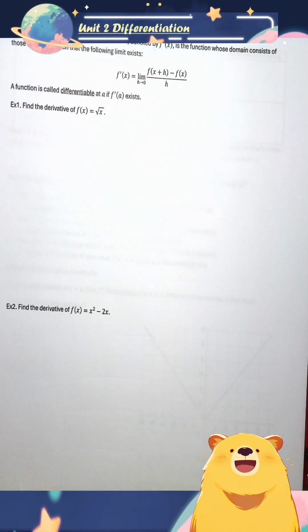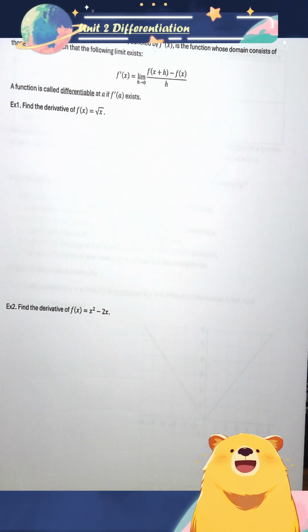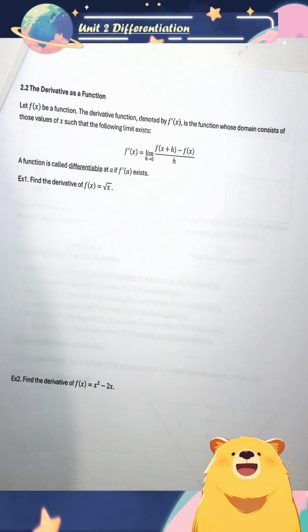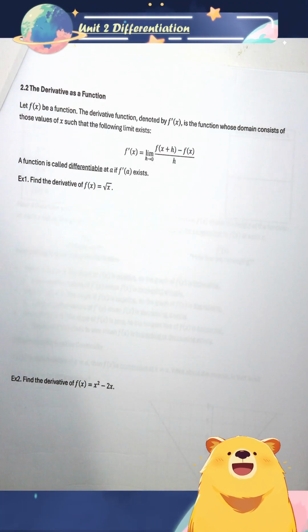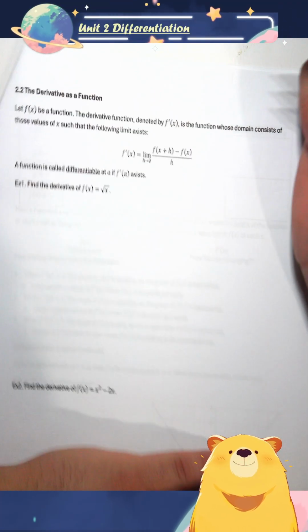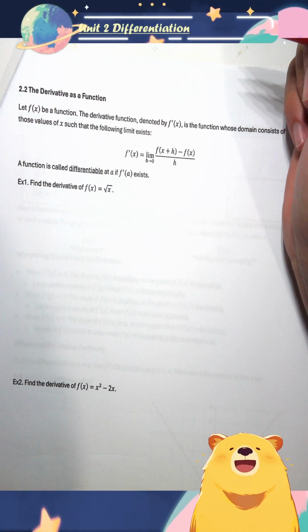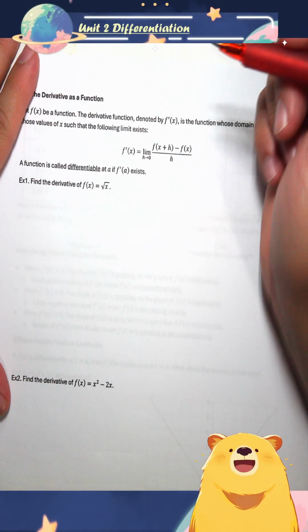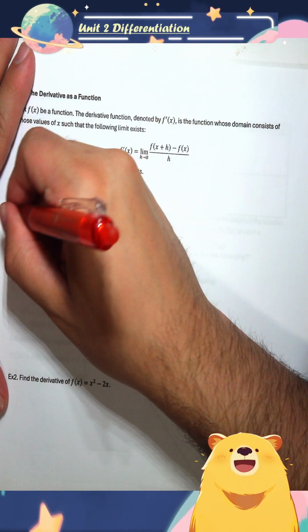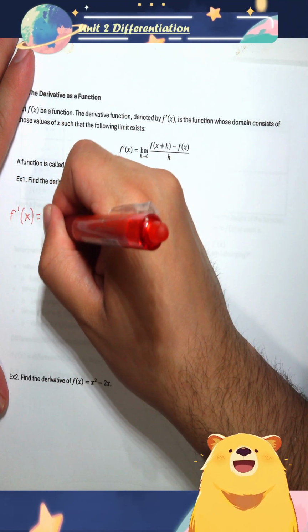All right. Let's start. So with this new definition, we're finding just the generic derivative function as opposed to a derivative at a point. We can plug and play pretty much any function and try to figure out its derivative. Let's start with this guy. So find the derivative of f of x equal to the square root of x. Okay? So that means f prime of x is equal to the limit as h goes to 0